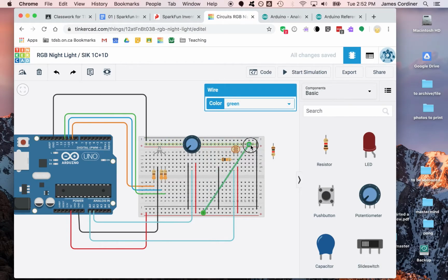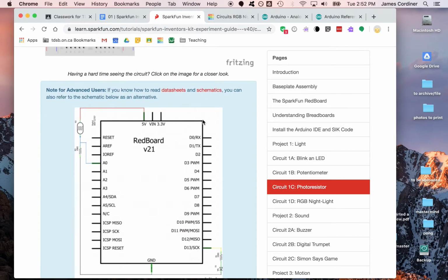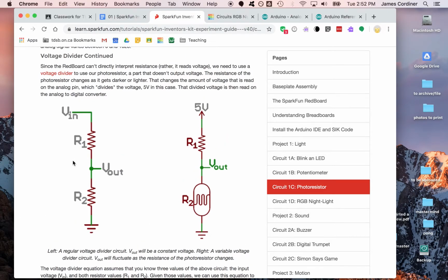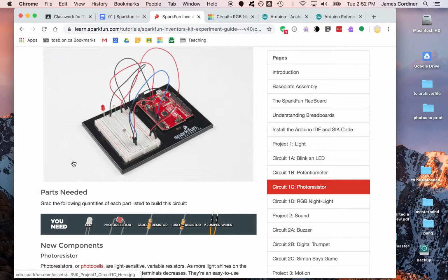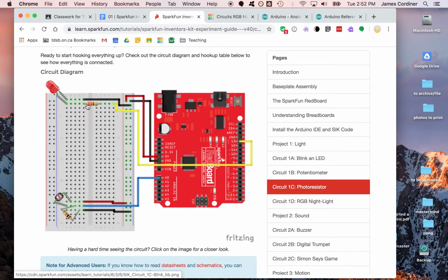And we have a photoresistor. Let me just clean this up for a moment. So the photoresistor is here. It says photoresistor, and the other resistor is here, and I'm not sure if that's 10K, so let's just see if that's correct. I can't read that. 330 ohm and a 10K, so that looks like the right resistor. This would be the 330 ohm current limiting resistor for the LED, and this would be the 10K resistor